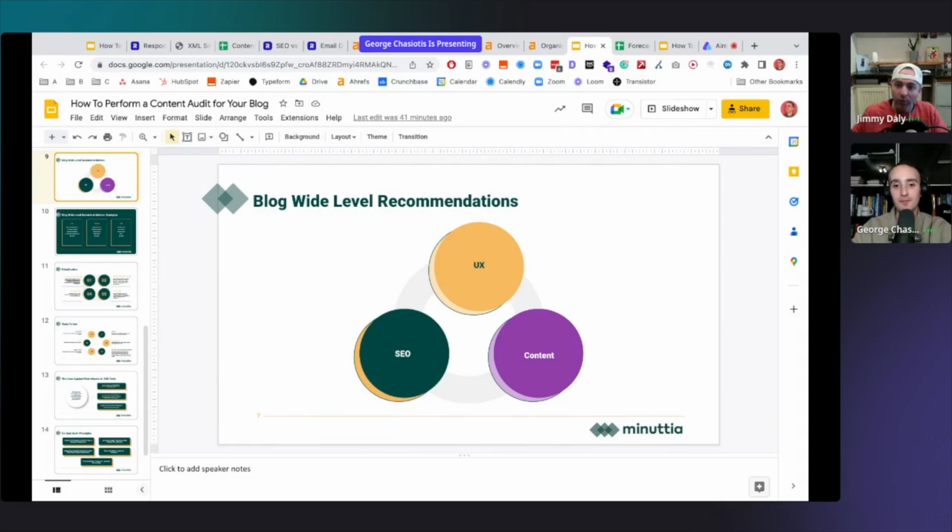A few other quick ones for you, George. Avika asked, "There's a lot of debate over keywords with zero search volume. What's your standpoint on that?" I would say that